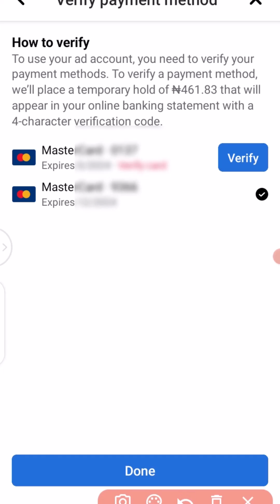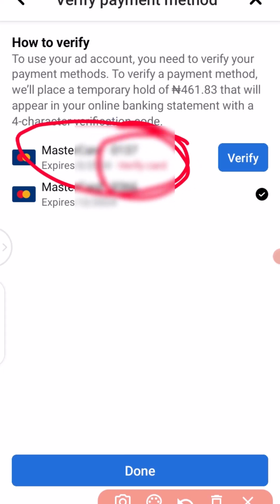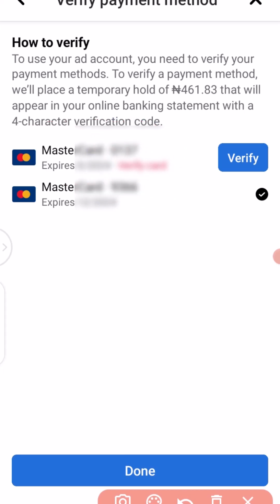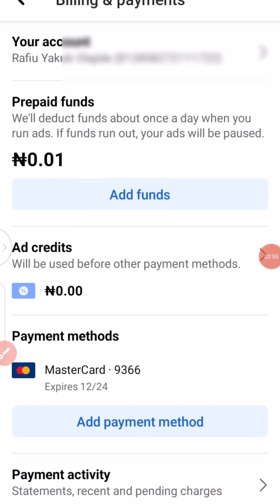You click on that, and it takes you right here. Facebook is going to indicate the card that has an issue, in case you have so many cards you are using to pay for ads on Facebook. Okay, so you need to know what card ends with the particular number that is indicated by Facebook. So for you to verify the card, just tap on verify. After I click on verify, it takes you to where you need to fill in your details and enter your OTP. Once you enter your OTP, your card will be successfully verified, and it takes you back right here,